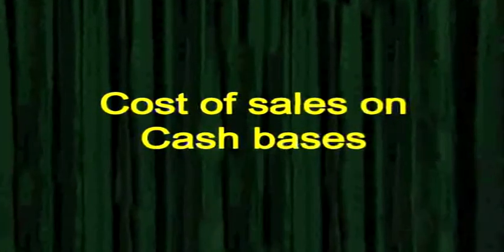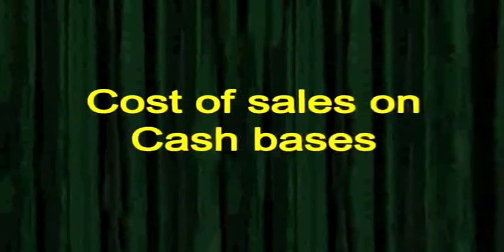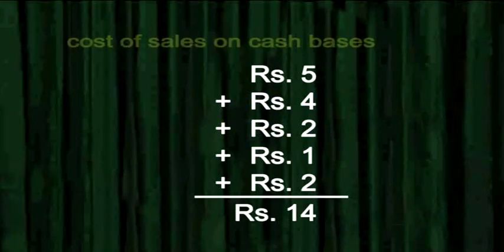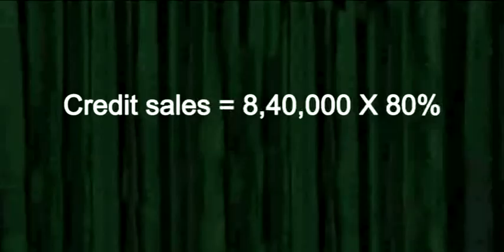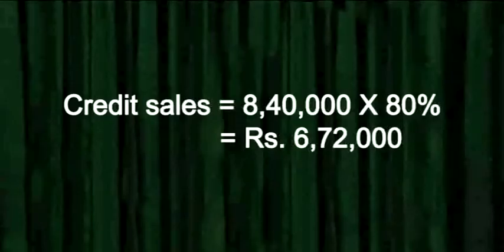First of all, we have to find out the cost of sales on cash basis. So, it will be 5 plus 4 plus 2 plus 1 plus 2, that is 14 rupees. Again, the depreciation is excluded. So, it is per unit. Second step is total cost of sales. It will be 60,000 units into 14 rupees. So, the amount will be rupees 8,40,000. Now, we have to find out the credit sales. It will be 80% of 8,40,000 because 80% is given in the question. So, it is coming as